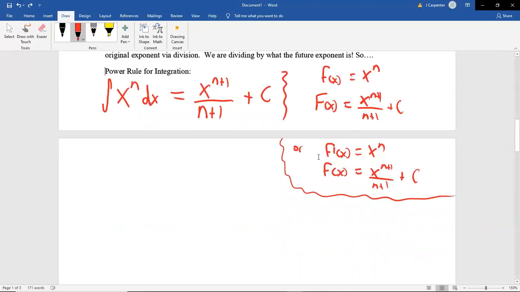These are all saying the same thing. The integral of x to the n is x to the n plus 1 over n plus 1, then plus a c. If you prefer to call the original function a lowercase f, when you integrate it, you call it an uppercase F. If you were given the original function written in derivative notation, or it could have been dy dx or df dx, then the function would be this. Again, you have to get used to the different ways you can see this. If you're given it originally as a function, the integral is a capital F. If you're given it originally written in derivative notation, then the integral is just a regular function, no capital that time.